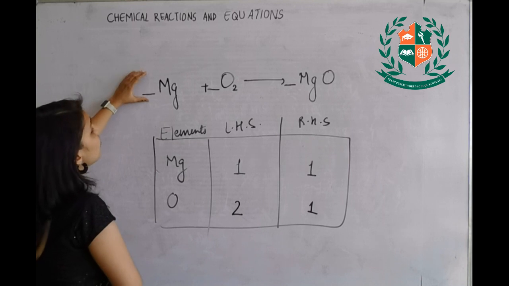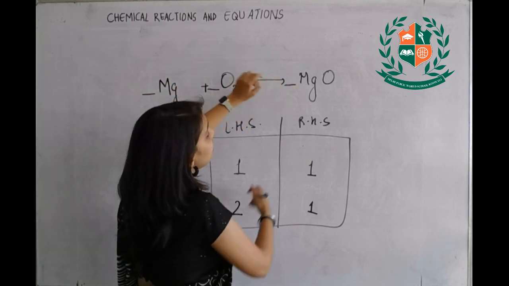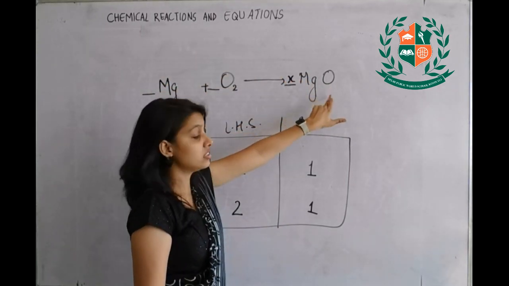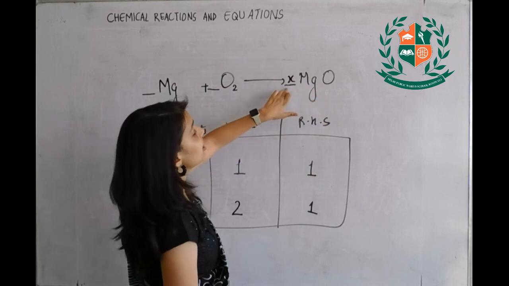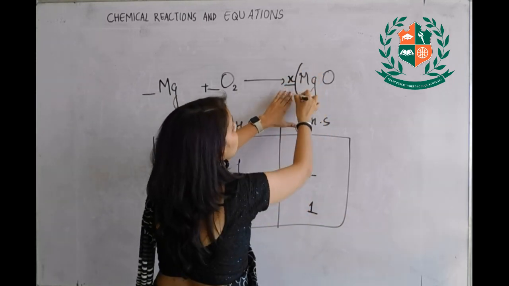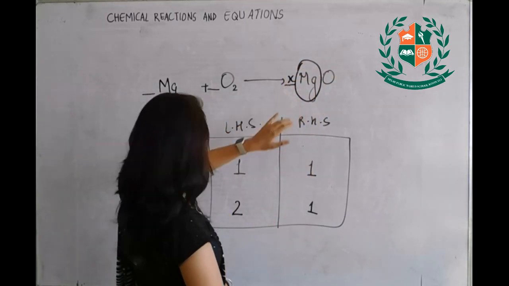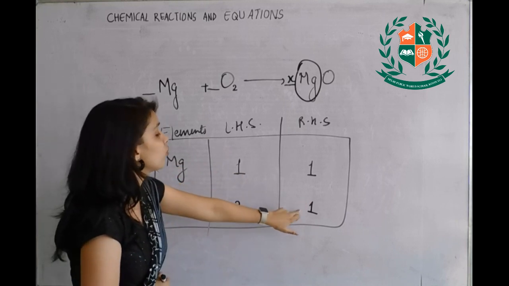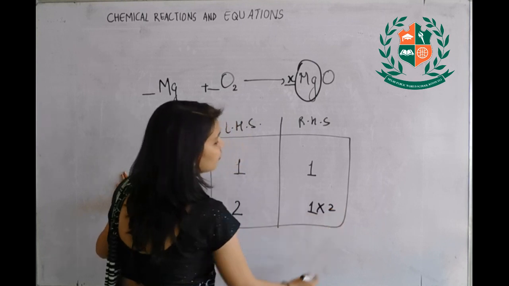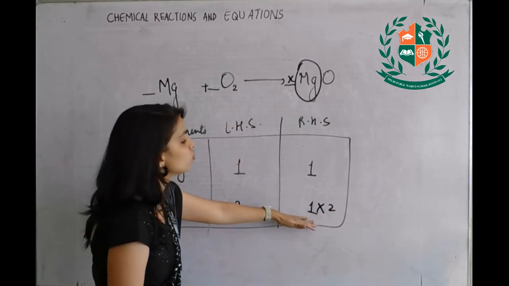So basically we will write it in the front, and whatever number we write, for example here, we will be multiplying it with some number because we want to balance the oxygen out. That number is also being multiplied with the total number of magnesium. So where were we? We were on the oxygen. We wanted to balance the oxygen out, and in order to do that, we will first multiply by 2. Now we have 2 oxygens on the left and 2 on the right.